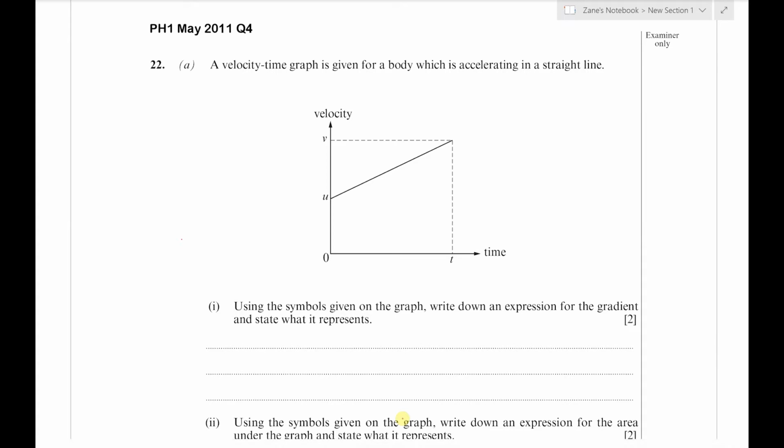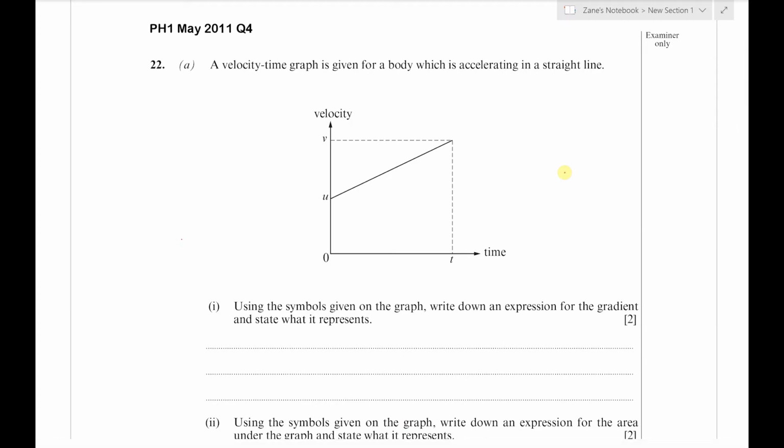This was from the May 2011 Unit 1, question 4 on that paper, and it's basically equations of motion, what some people call the SUVAT type equations. To start with, we've got a velocity time graph given for a body which is accelerating in a straight line, and we can see that this object has started at a velocity of u and reached the velocity of v after a time t. Using symbols on the graph, we've got to write down an expression for the gradient and